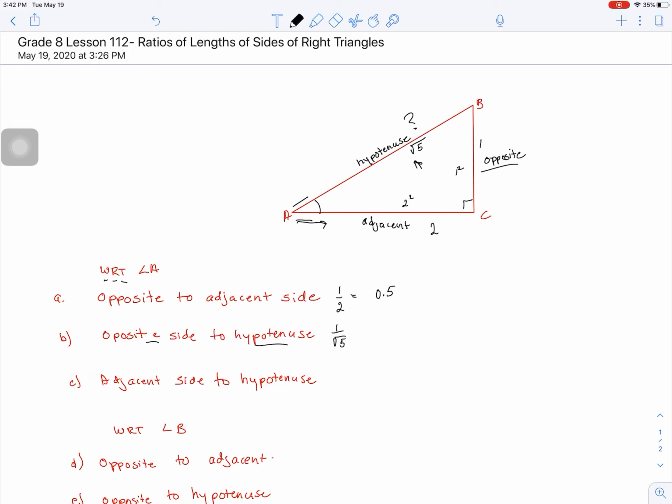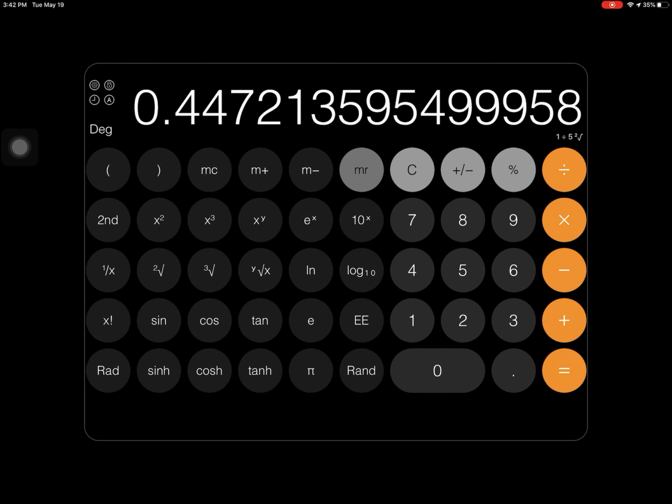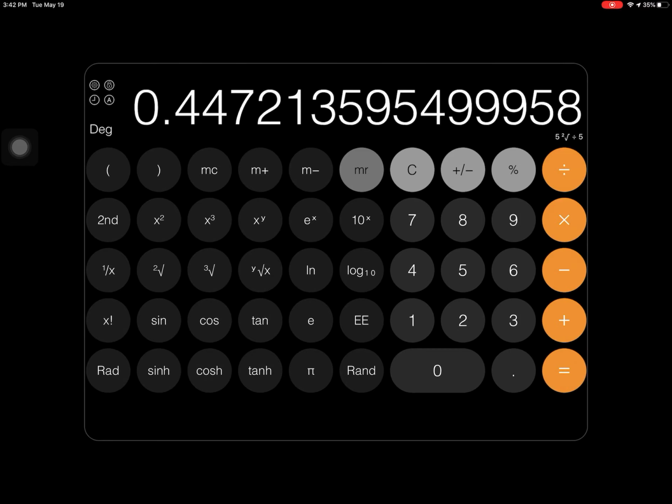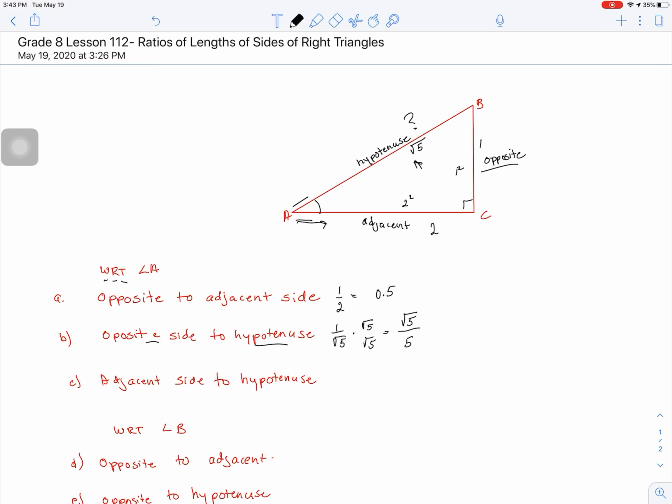And then the book teaches us that we should actually multiply this to make an equivalent fraction by the square root of 5 over the square root of 5, to make it the square root of 5 over 5, because 5 times 5 is 25 and the square root of 25 is 5. That would be the correct answer. Then you can plunk it into your calculator and figure it out from there. So if we go square root of 5 divided by 5, we get our answer, 0.447. We don't have to round up. So our answer is